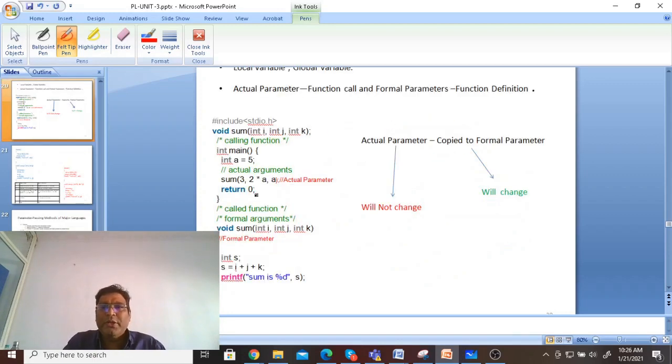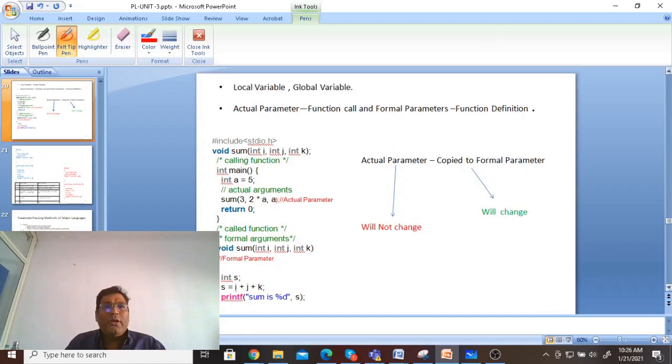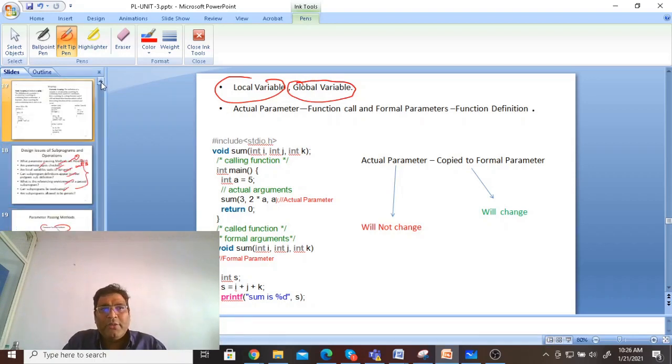Parameter passing, if you go through it, we'll see the other parts. The major part here is local variable. We need to get the concept of what a local variable is and what a global variable is. Keep in mind these things. I'll go back to my previous slides.